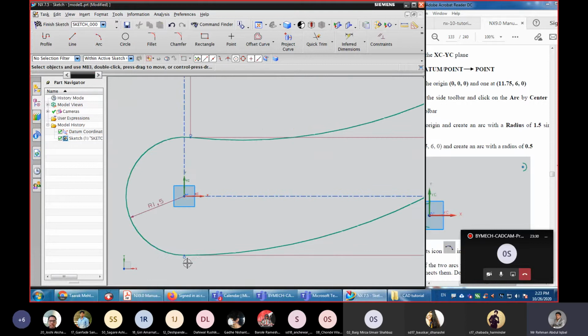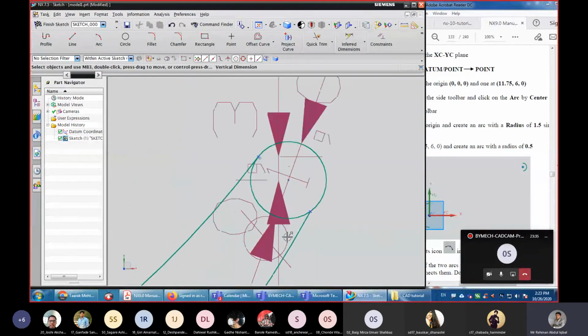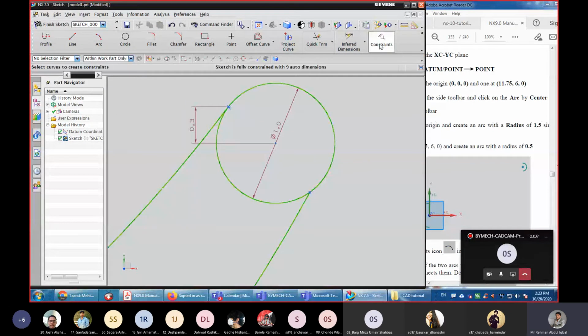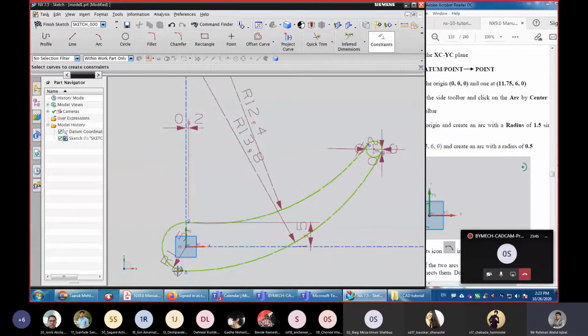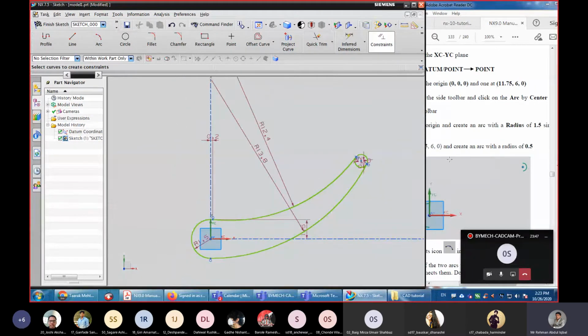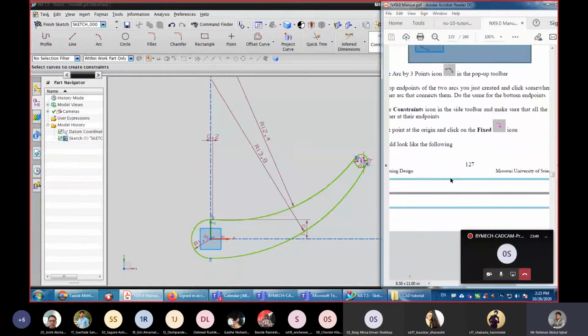So these two arcs are tangent to each other. We need to assign the constraint to this one and this one. Tangent. You can see the required profile we got.